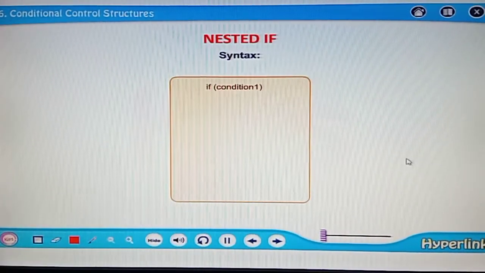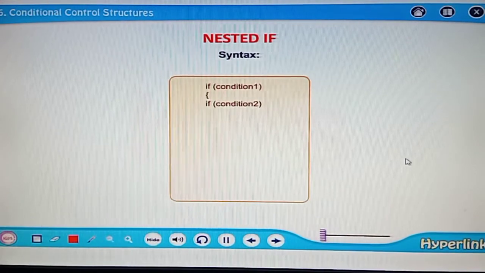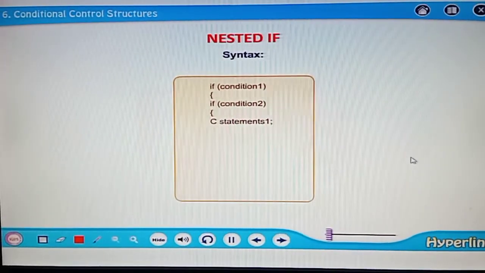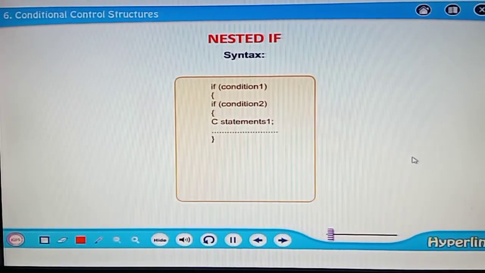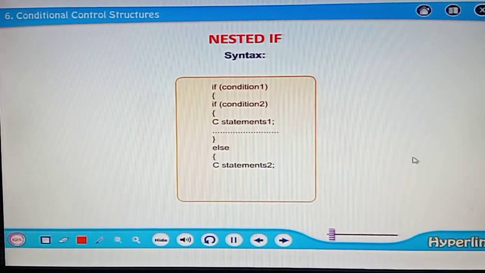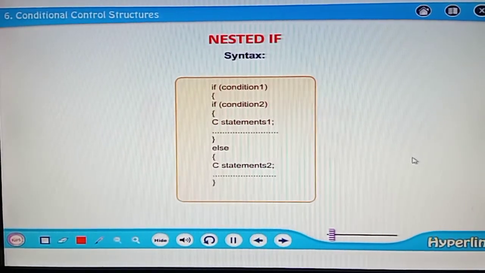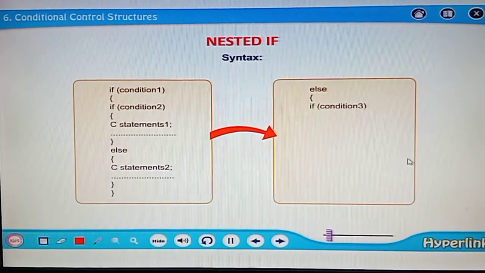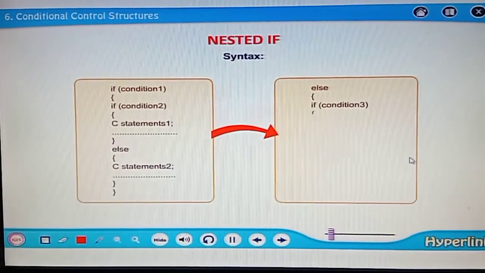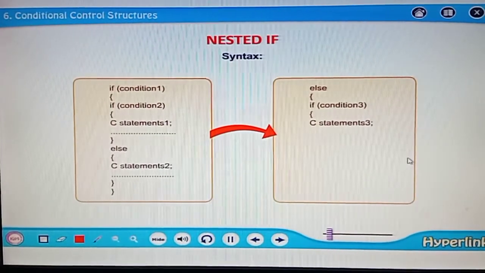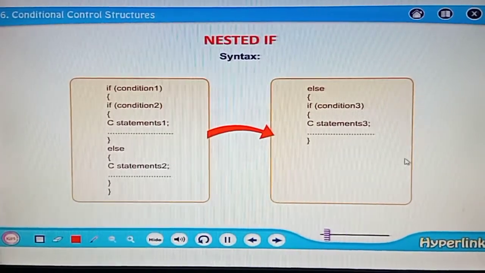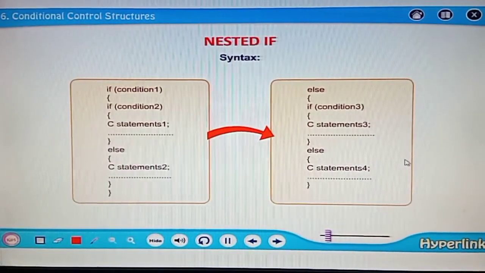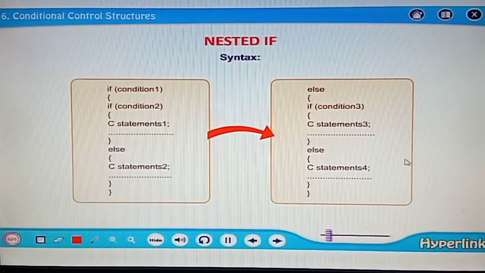if (condition 1) { if (condition 2) { C statements 1; } else { C statements 2; } } else { if (condition 3) { C statements 3; } else { C statements 4; } }